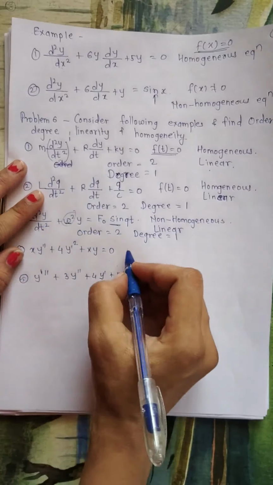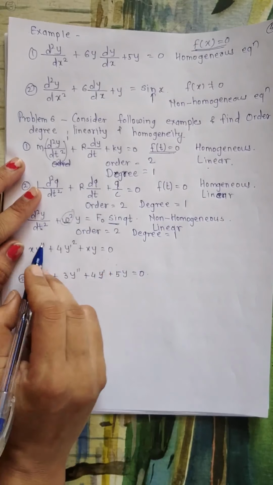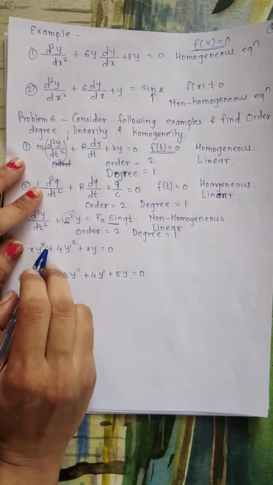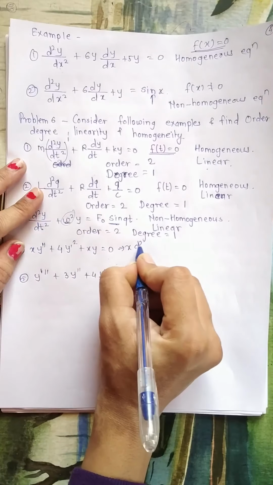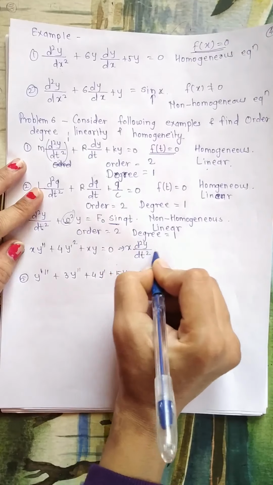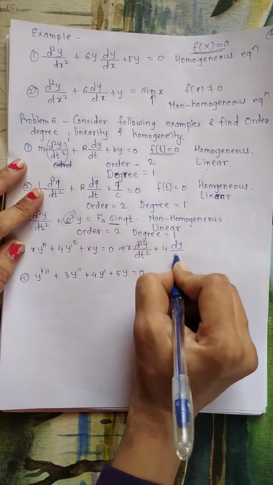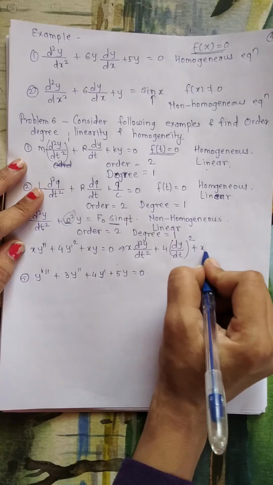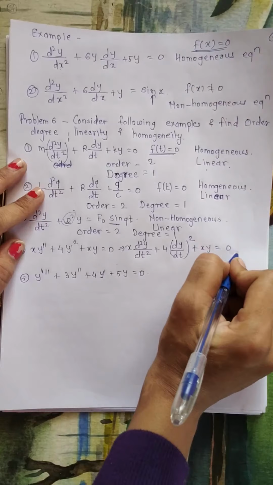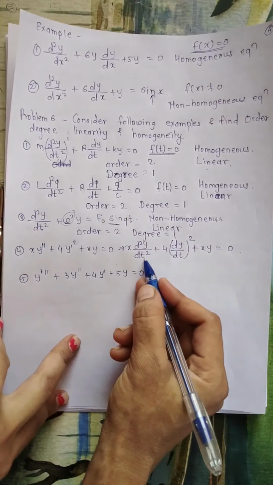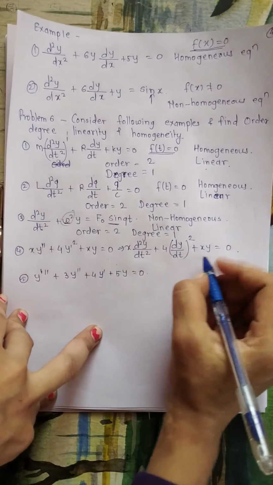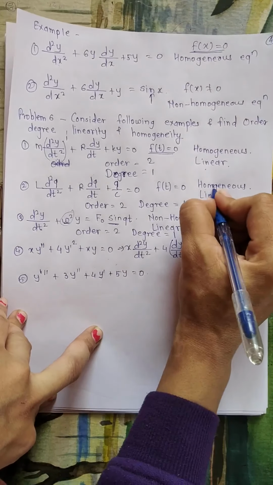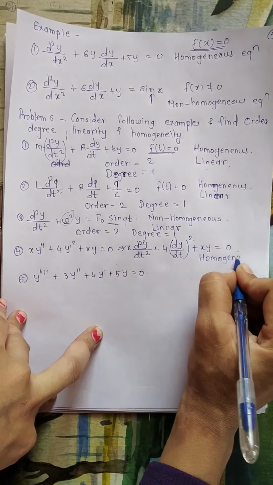Now in the second example, they have given it in the form of dash, that is y double dash, which means the double derivative with respect to t. So this implies x d square y upon dt square plus 4 dy by dt, and its square, plus xy equals 0. Now if you observe, t is the independent variable. On the RHS there is no term containing t. This means this is a homogeneous differential equation.